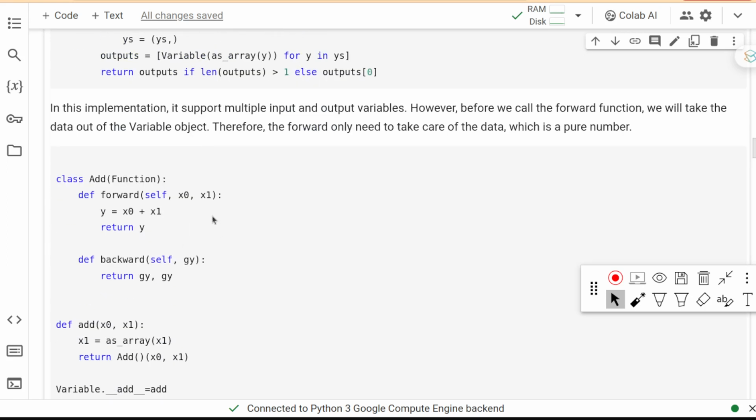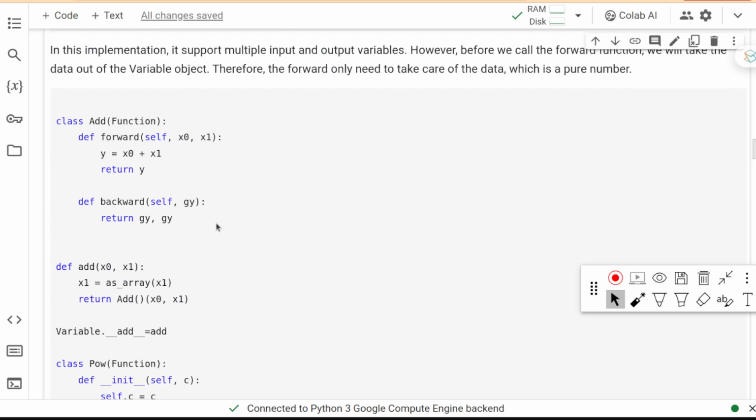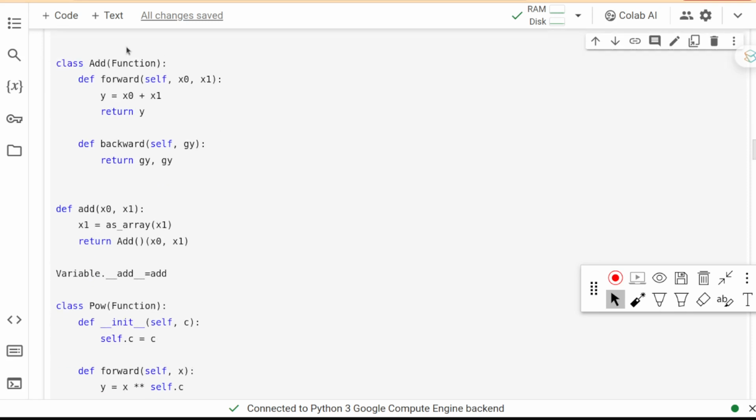Okay, and the next is the more important thing. We need to use some syntax sugar to let us write more intuitive expressions. So for example, in the add function, we implement both the forward and the backward function, but those are the same as previously.